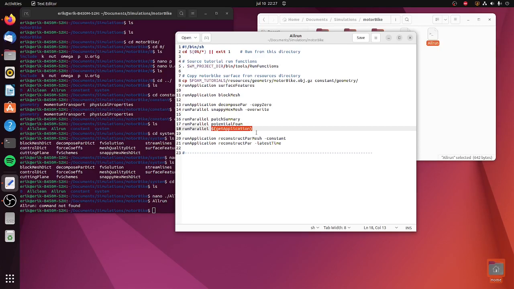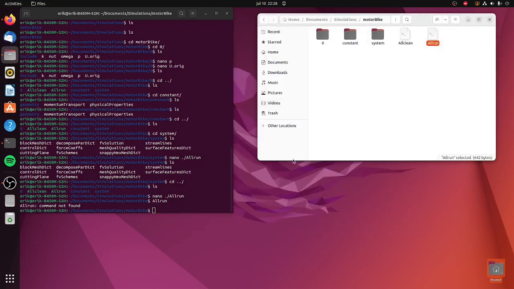It's a simulation that solves the CFD, and it will basically just say where the flow is going and what's going to happen. Basically, this is the simulation, and then it will reconstruct everything from 6 cores down to 1, and then it will reconstruct the mesh, and then reconstruct the results. And then the simulation will be done. So let's actually go ahead, let me look up that name, and then let's run it and just see what happens. Okay, so this was a bit stupid on my part,